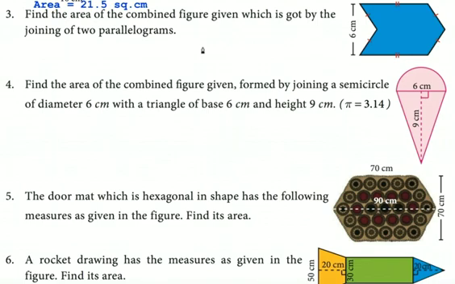Oh, there is a trick involved, I suppose. Why? Because one side length is given, the other side length is not given. The overall length is given. So that is the trick. That is the reason why it is included in the combined figures. Okay, let me proceed. I hope you get an idea. That is the reason why I am going to solve the problem.